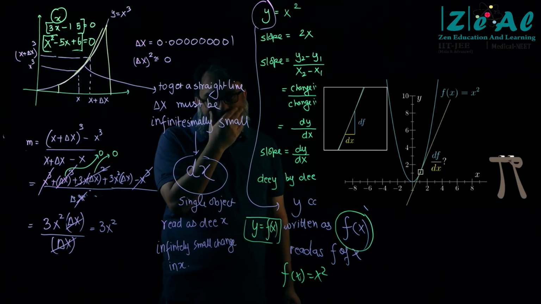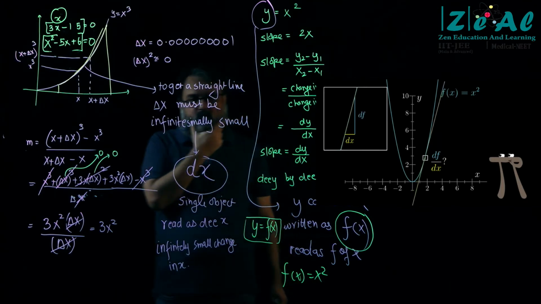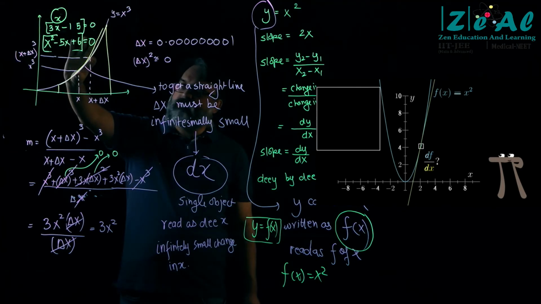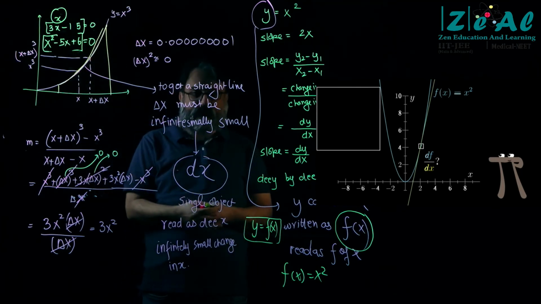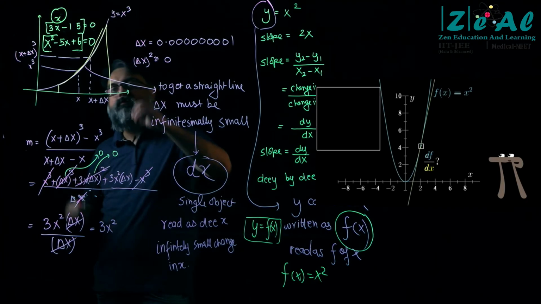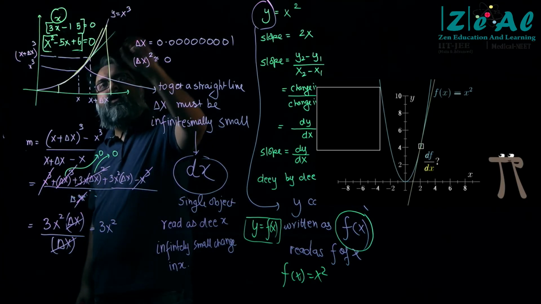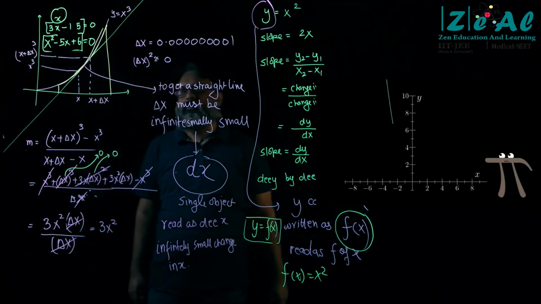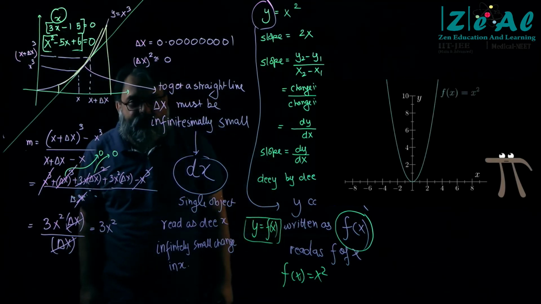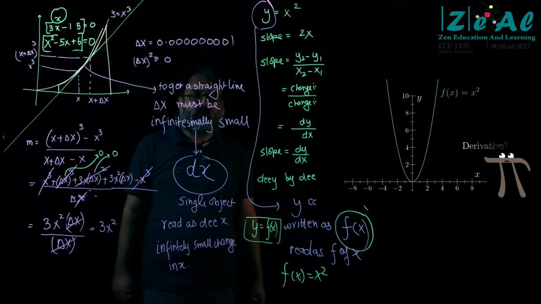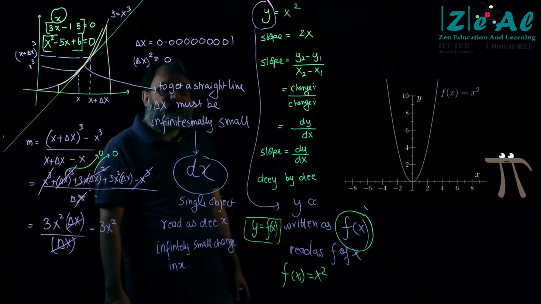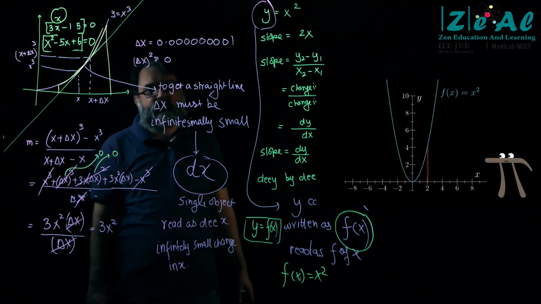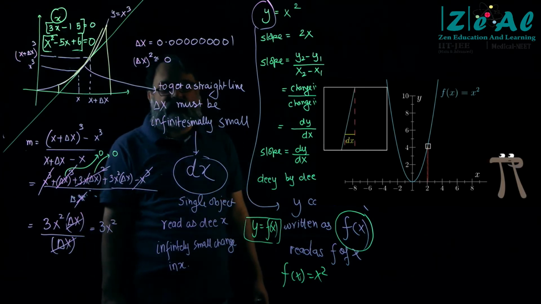So what you can do is, if this is a very small part of the curve, right? If this is a very small part of the curve, then you can actually draw a straight line like this, and this will be the tangent to the curve, right? Play this video again. Yes, so this will be the tangent to the curve. Okay, tangent, I hope everybody knows the meaning of tangent to the curve.